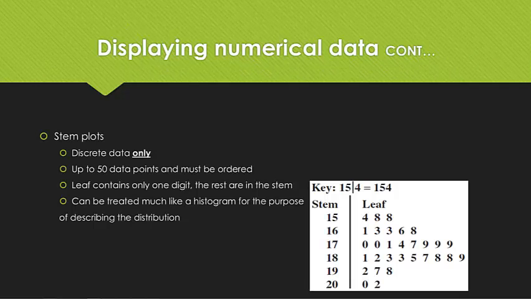So if we have a look here, we've got a stem plot, or a stem and leaf plot as it is also known. We can only use this for discrete data, but let's firstly have a look at how we would describe that. Our stem plot is much like a histogram, it's just turned on its side. We can see we've got a peak in the row that's labelled 18, and our data's trailing off towards the smaller numbers, or the negative direction. So that would be negatively skewed data. There doesn't appear to be any data sitting outside the normal range,